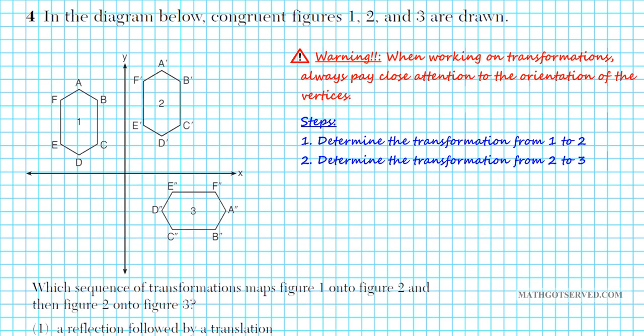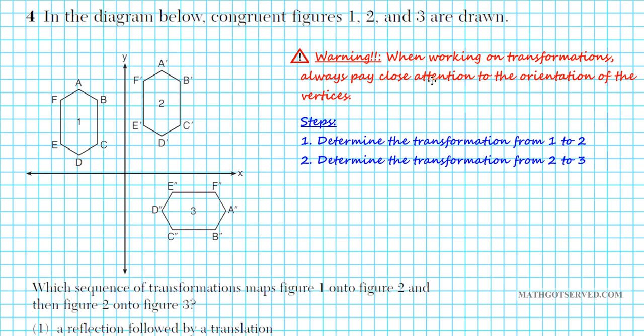All right, let's take a look at problem 4. It reads, in the diagram below, congruent figures 1, 2, and 3 are drawn. Okay, so these are all isometries. So the question is, which sequence of transformations maps figure 1 onto figure 2, and then figure 2 onto figure 3. Now, one warning that you want to keep in mind is not really applicable here, but it's very important,